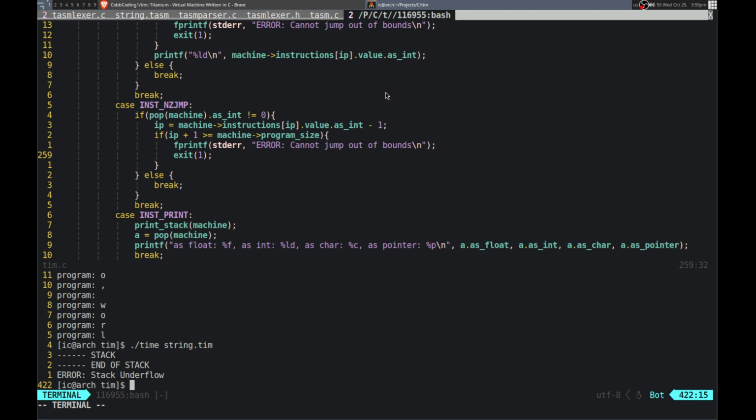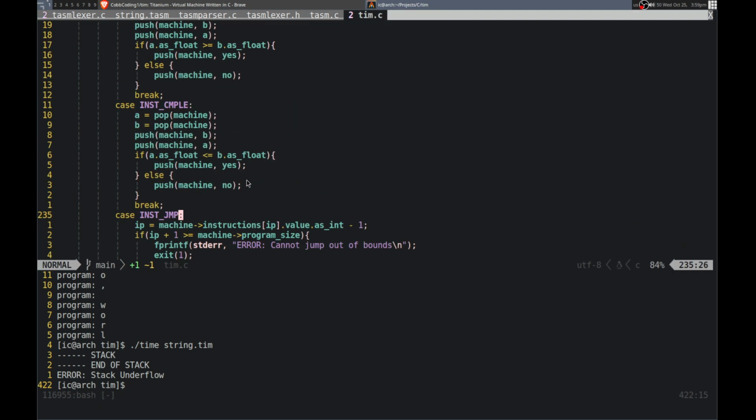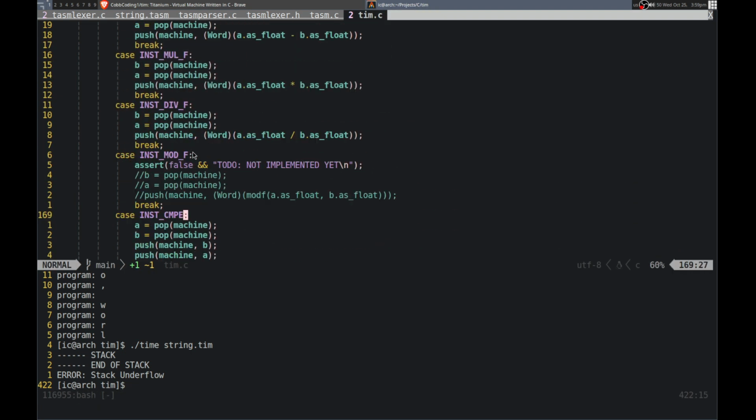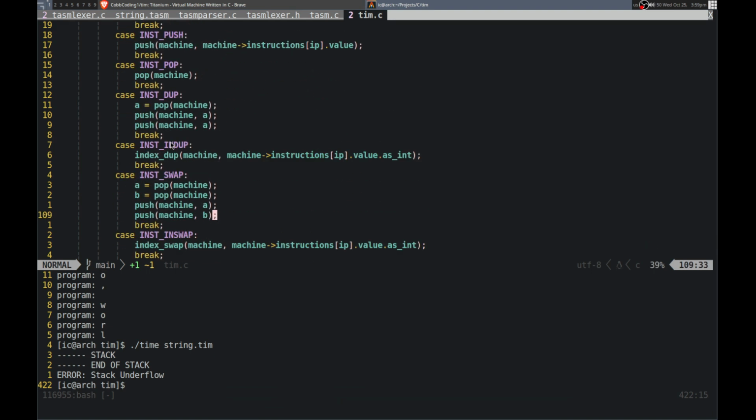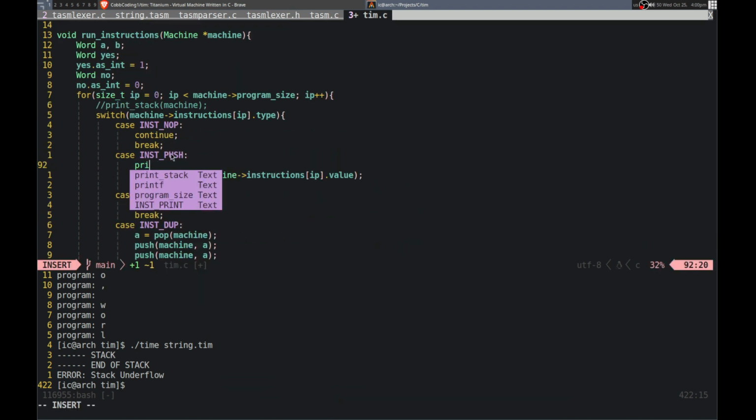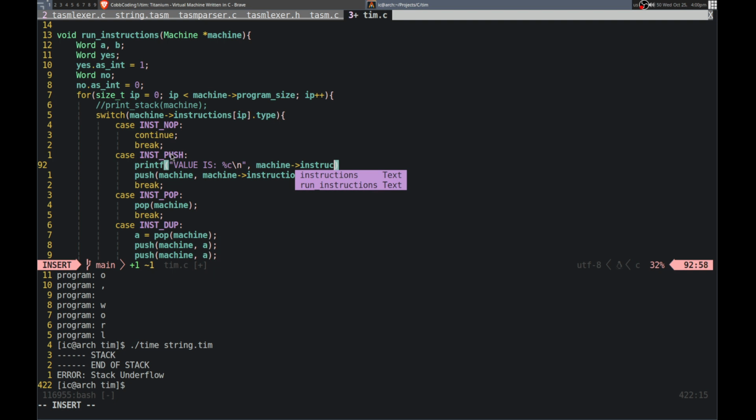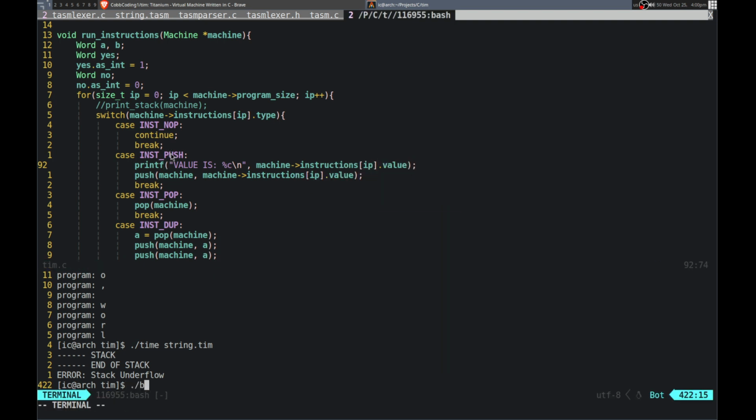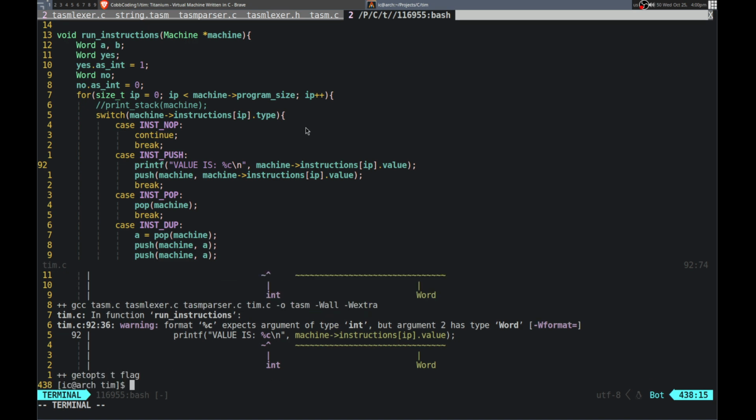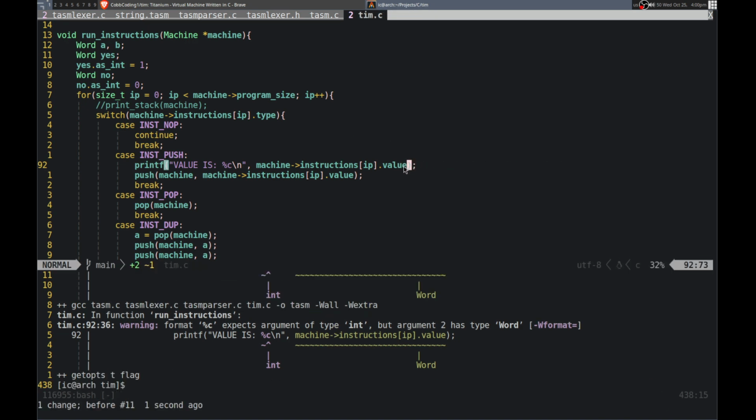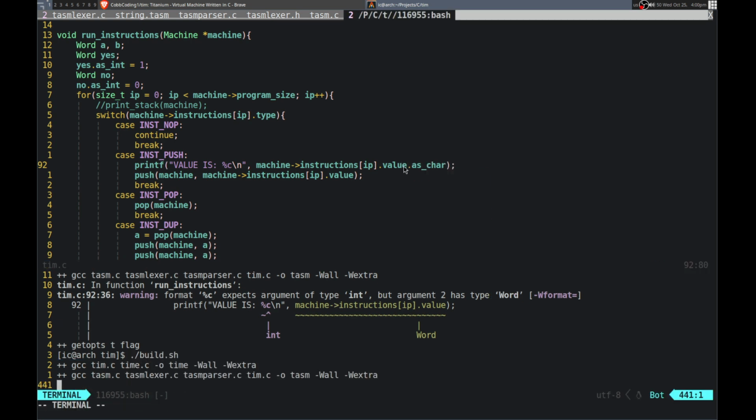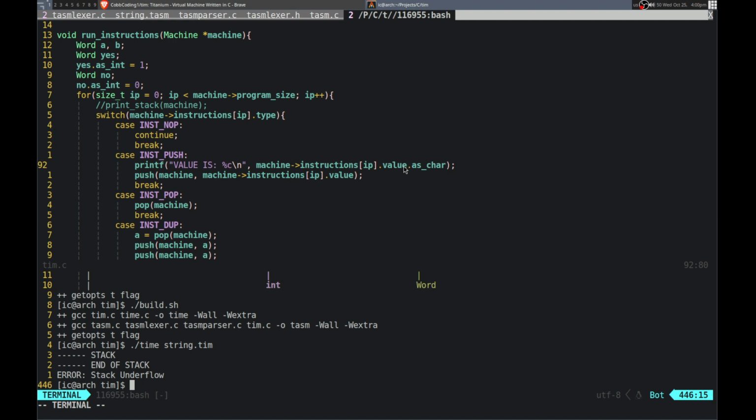It should be pushing each one, but it is not. So let's look in here for the push, and let's just print out what the value is. printf value is %c, and we'll print it as stuff because this is just temporary. Instructions key dot value, and let's see what happens. We need to do as character, as char. And now if we run that,